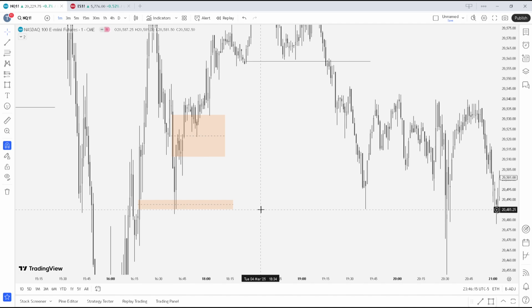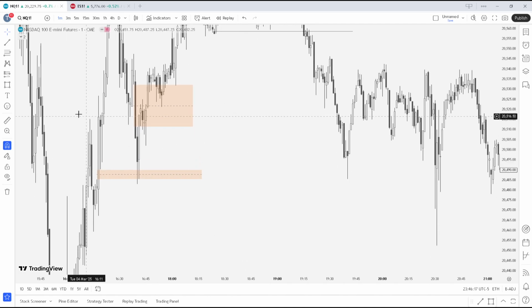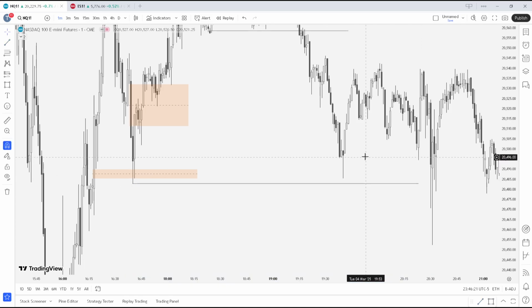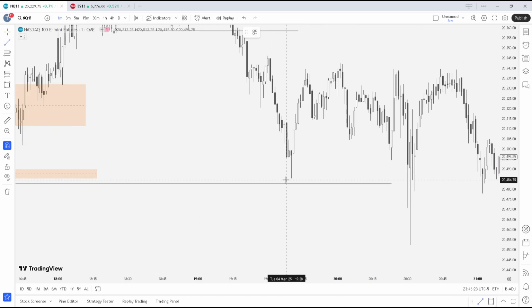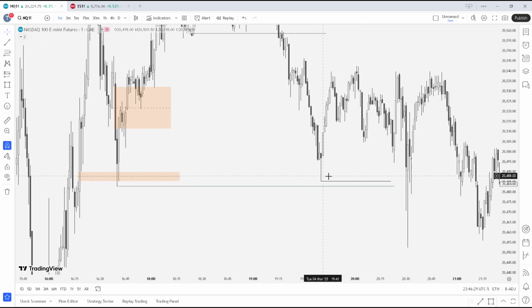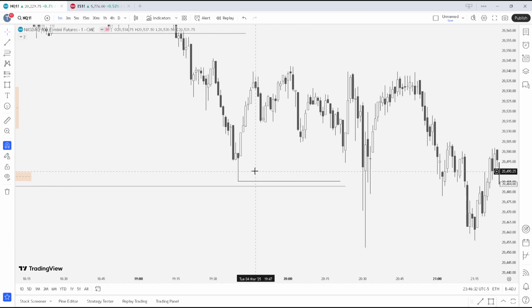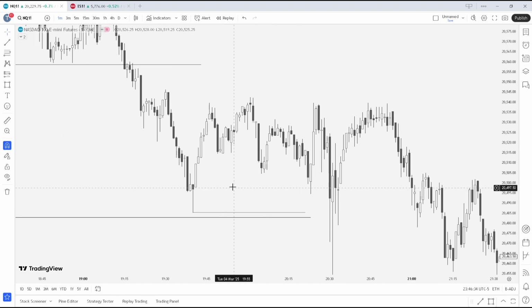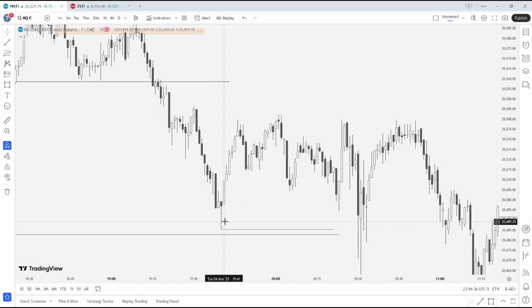Oh, we don't. Okay, so now we engineer liquidity. So we have relative equal lows here. So since we didn't actually sweep this and we made equal lows or relative equal lows, we would expect this to get swept. So move lower, engineer liquidity, get a move higher,